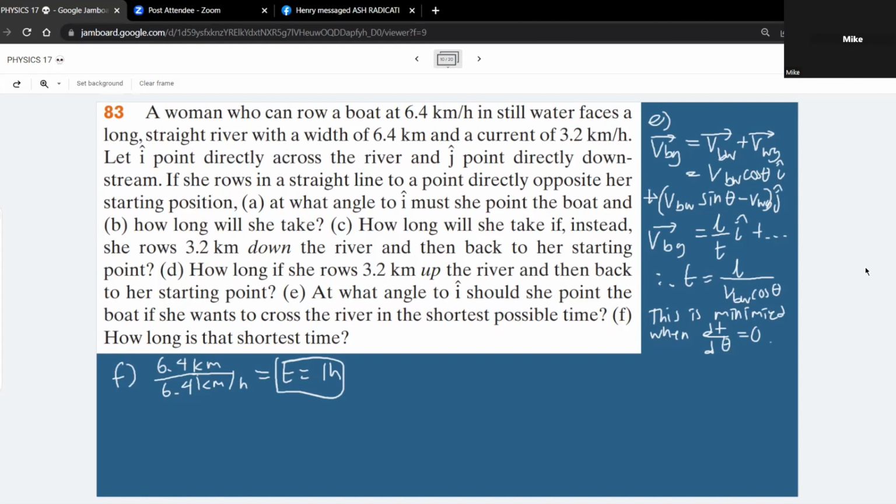So 6.4 kilometers per hour. So if she wants to go straight there, dapat 6.4 kilometers per hour sine of theta should be equal to 3.2 kilometers per hour. So sine of theta is